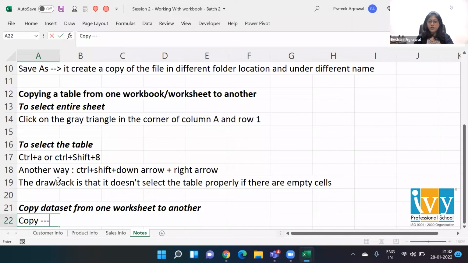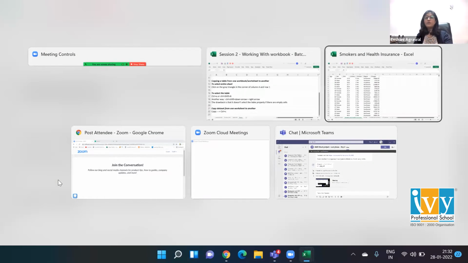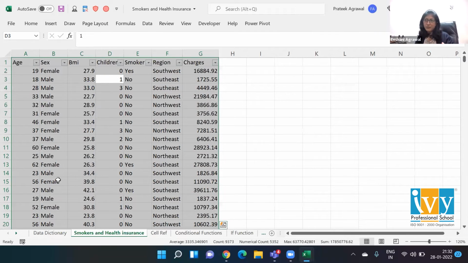So what is the shortcut for copying? It's Control plus C. And once you copy something, how do you know, or what does it look like, and what portion has been copied? How do we get to know that? So once I've selected this entire table, and when I press Control C,